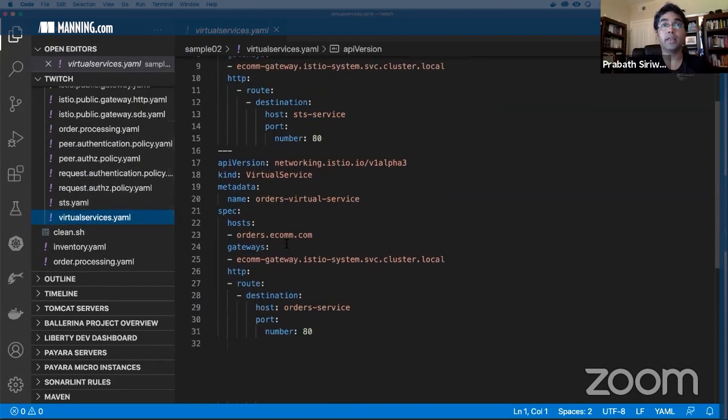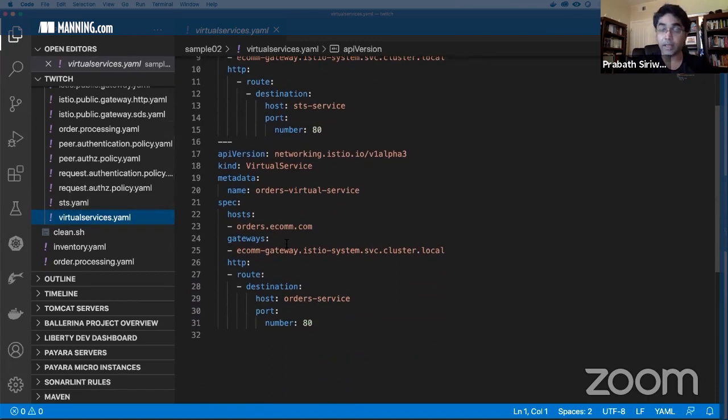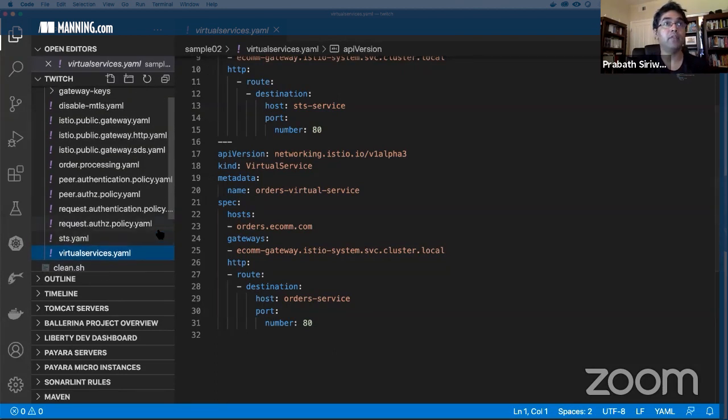The gateway resource CRD and the virtual service CRD together help the Istio Ingress Gateway to route any request it gets from outside the Kubernetes cluster to the corresponding workload. So those two have to work together.